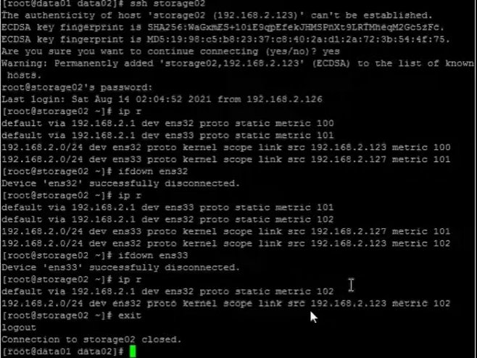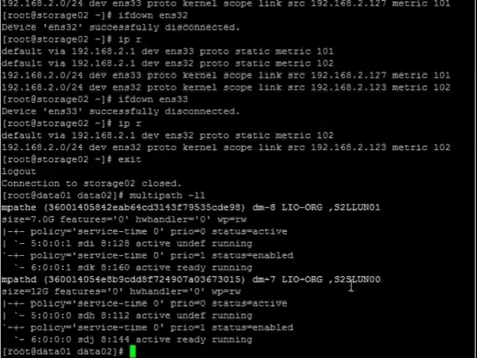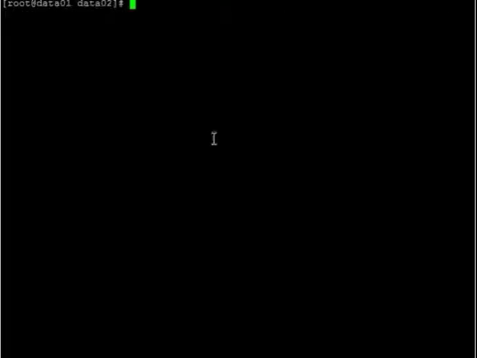After downing the Ethernet, now we will go to the server and check the multipathing status. Now you can see till now everything is working fine. The multipath keeps on trying and checking the status of the disk.